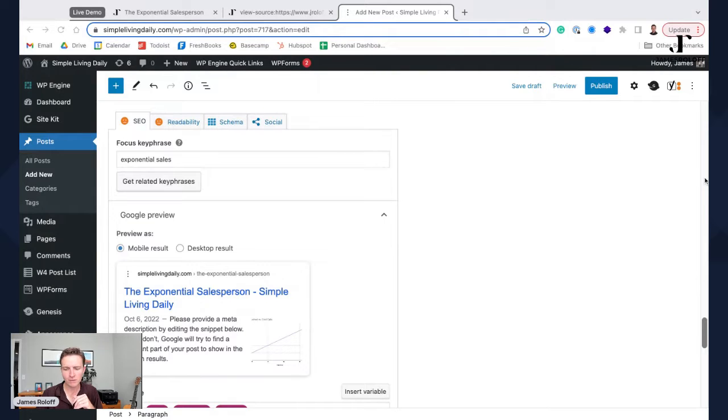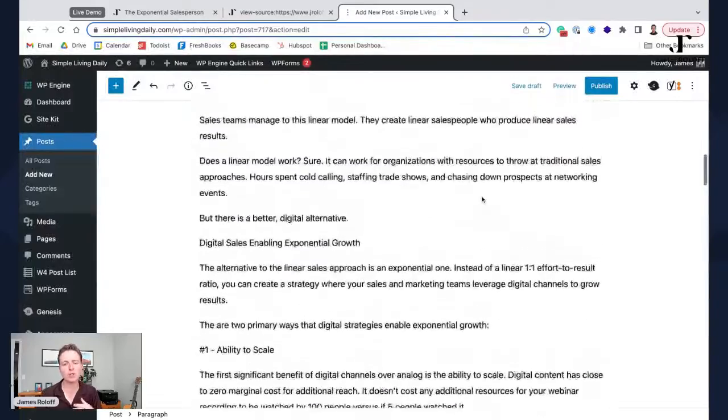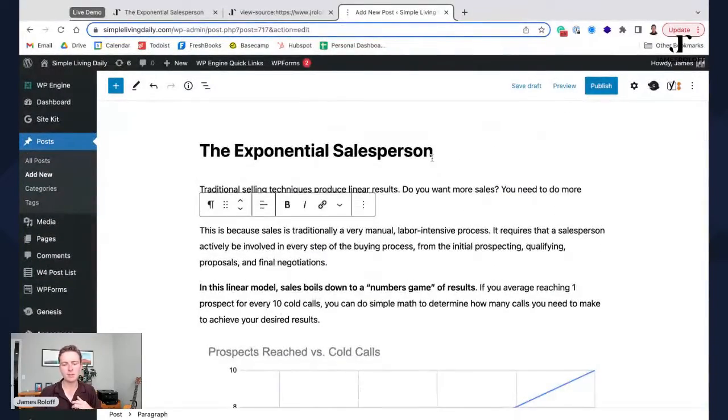So the very first thing, as far as actual content optimization goes, that's important to Google is your title. So up here, you can see I call this one the exponential salesperson. In the eyes of Google, this is called an H1. If your website is set up correctly, it's a heading 1. Every page on your website should have an H1 or a title, and there should only be one. So in this case, I have it right here as the exponential salesperson. That's my